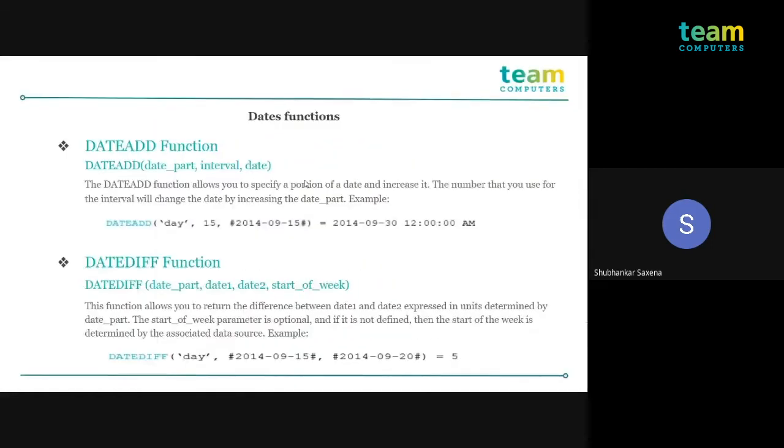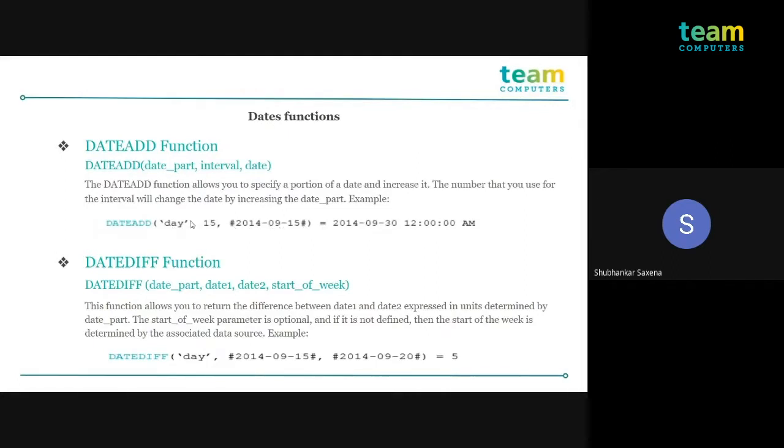First, we will talk about the date add function. The date add function allows you to specify a portion of a date and increase it. It returns a specific number of intervals added to a specific date part for that specific date.